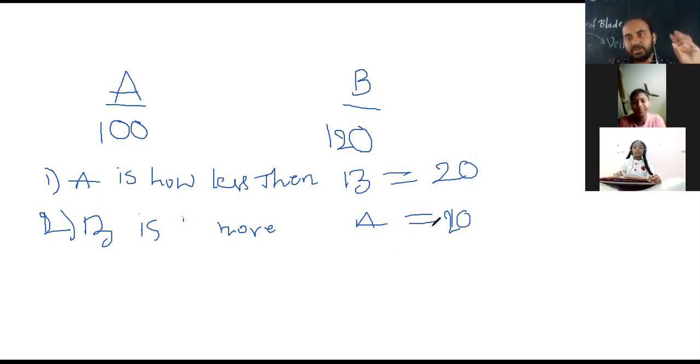So, if they give a question like this, can you answer or not? If they give the two persons, A is how much less than B, then what to do? We have to subtract. How much more than? Again, we have to subtract. The same answer is the answer for question number one and question number two. Answers are the same, but the way of asking the question is different, right?